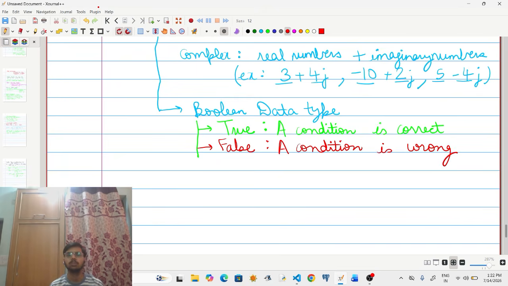We will learn more about Boolean data types, true and false, in the future when we study different operators.